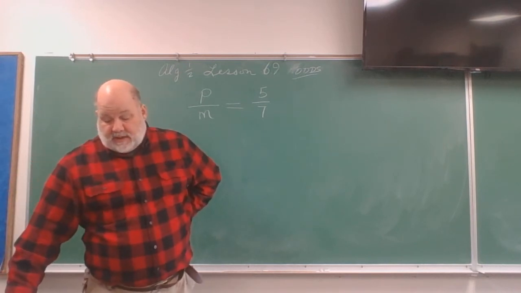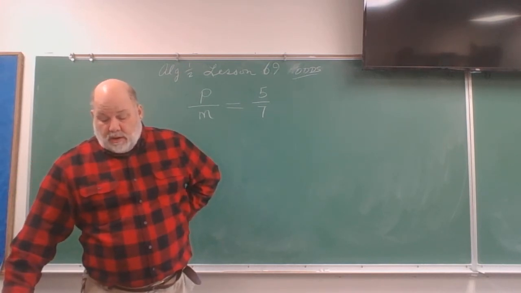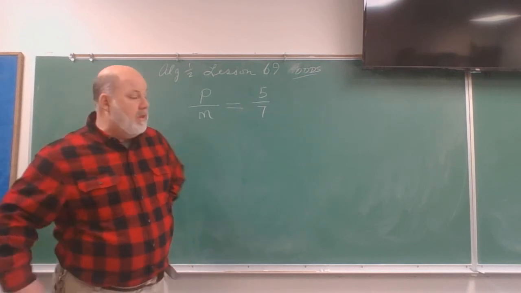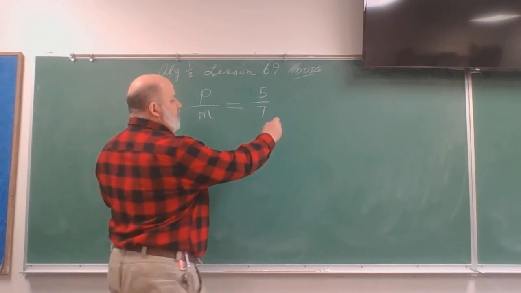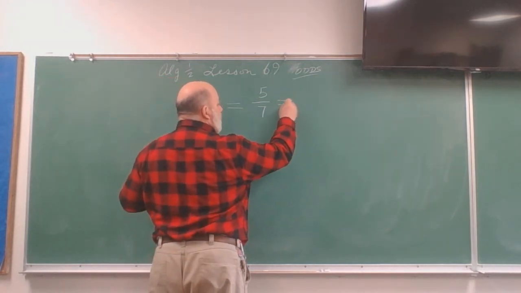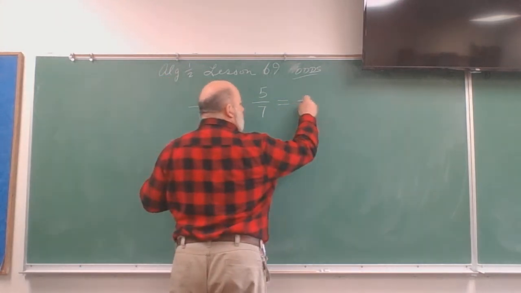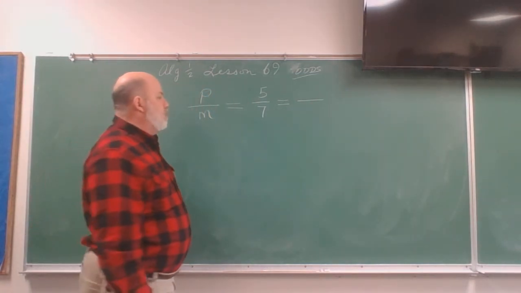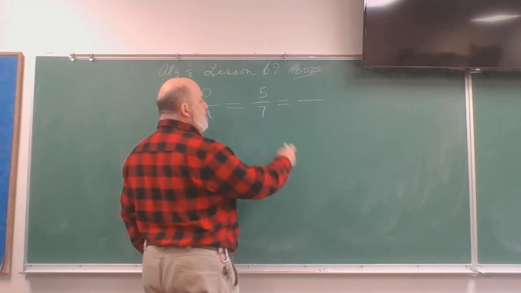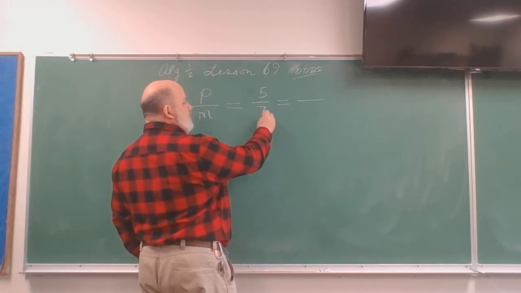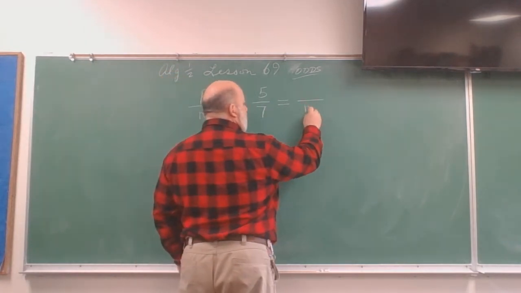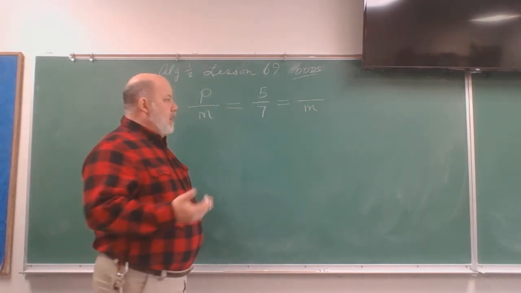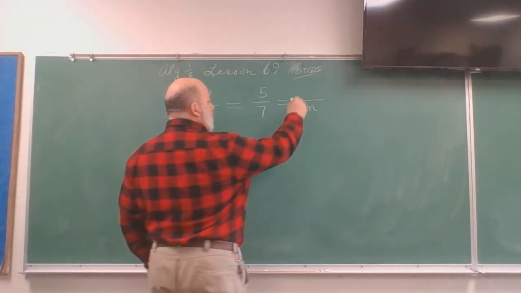Then it goes on to say, how many macaws were there when the parrots numbered 750? We can just keep going with this equation, and I can say, all right, the parrots were 750. It says, how many macaws were there? This is what we don't know. We're going to put an M right there. You can put an X, but I'm going to put an M for macaw. How many macaws were there when there were